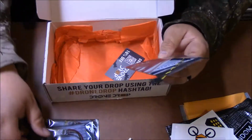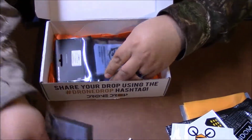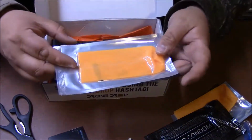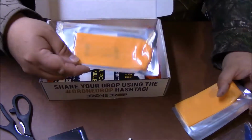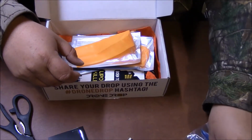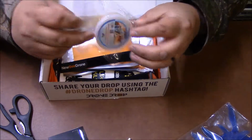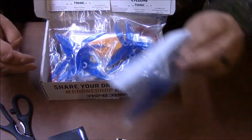So yeah, in this package here we got 4 ESCs, which is really nice. We got the newbie stickers, we got the Drone Drop stickers, we got the condoms. So yeah, always make sure you package up your batteries. And then we got the newbie drone lipo, or not lipo, battery straps. Those are freaking cool. We got the flux, and then we got the 3 packages of the Cyclones, which is